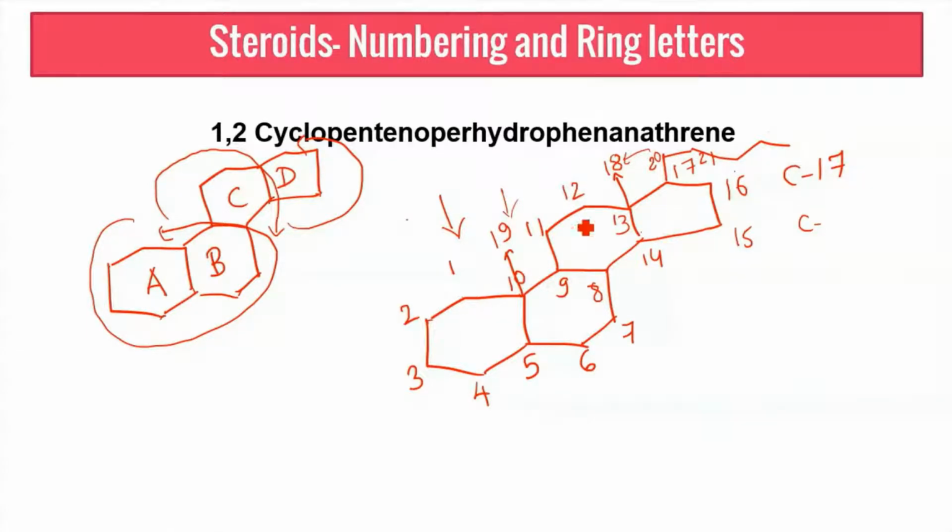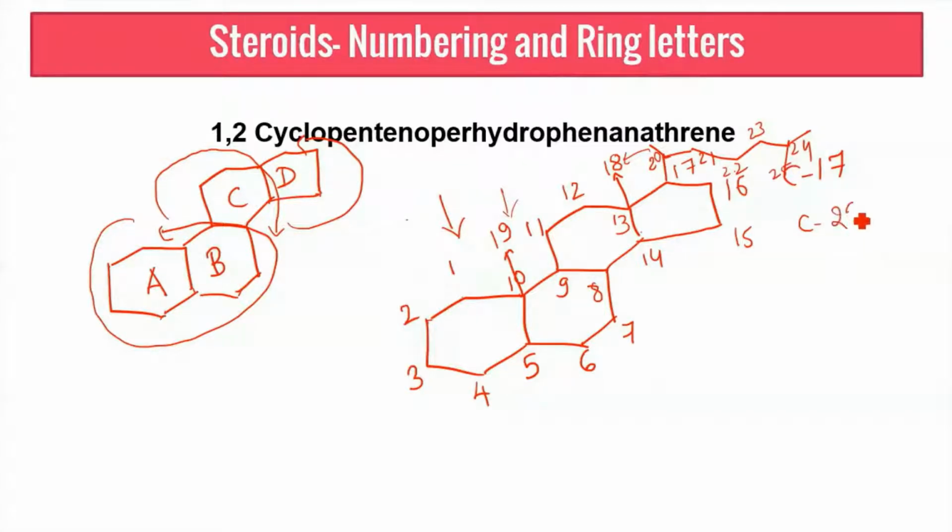The reason I have explained the carbons in this system is that the structure of cholesterol will have this type of side chain, and therefore we'll make use of that. I'll give you the specific side chain which is present in cholesterol for better understanding. So cholesterol definitely has this 18 and 19, and ahead of it, it has 20, 21, 22, 23, 24, and 25.